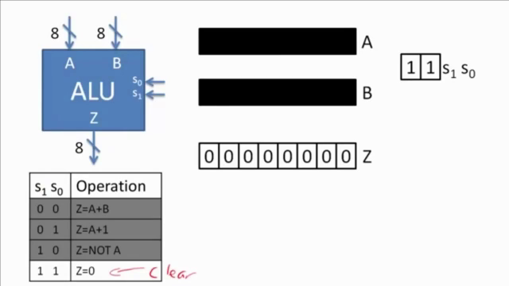Notice that the ALU is sending out 8 zeros, because all numbers, even 0, are encoded with the same number of bits in a computer. In this lecture,